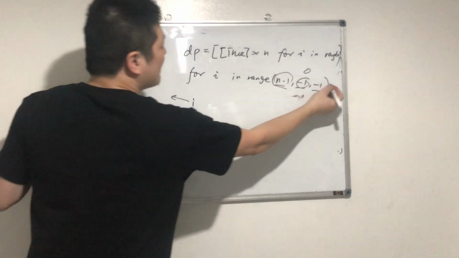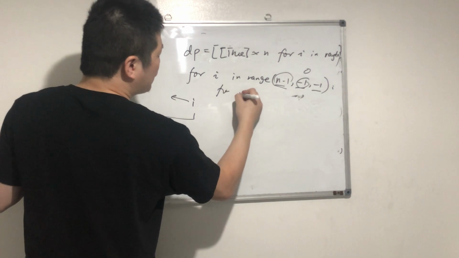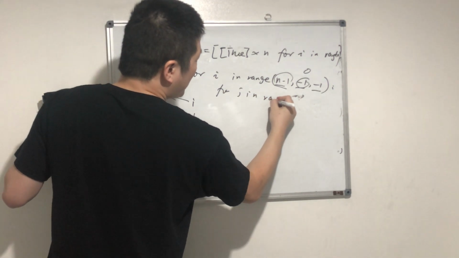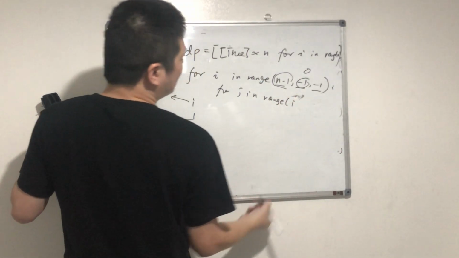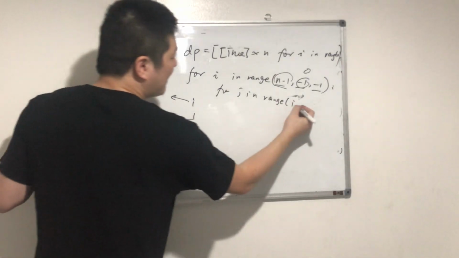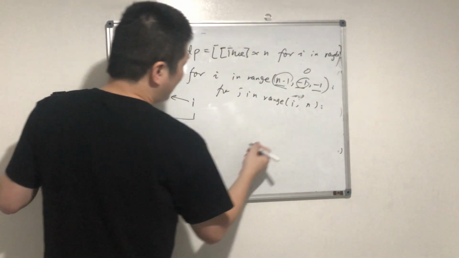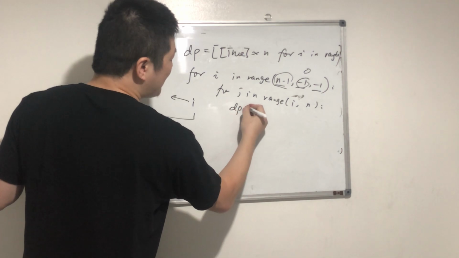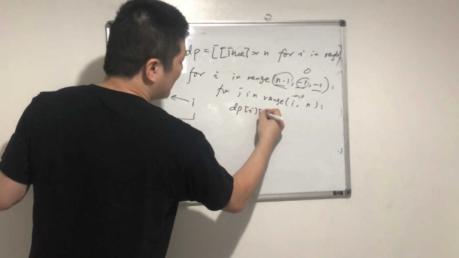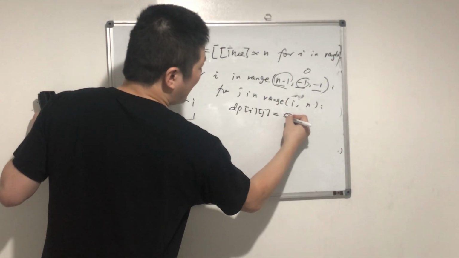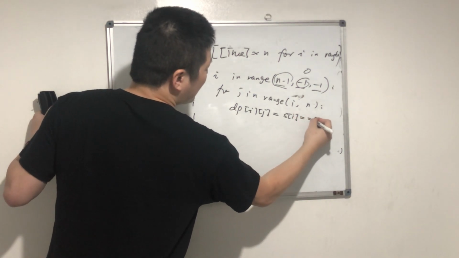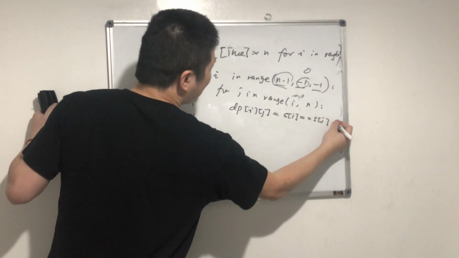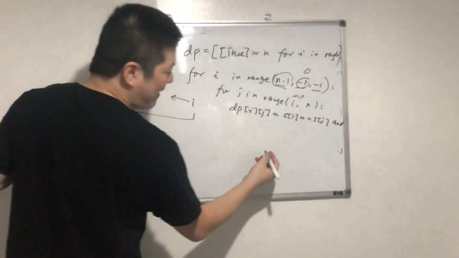And then for j in range from i to n, then I can say dp[i][j] equals